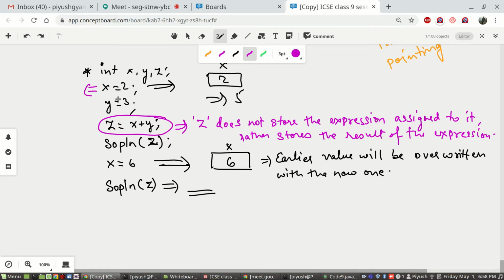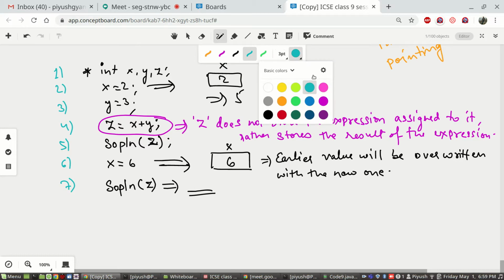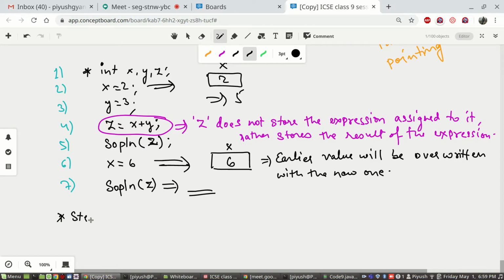Let's give line numbers to the different lines: line number 1, 2, 3, 4, 5, 6 and 7. Now we will see the step by step behind the scene functioning.